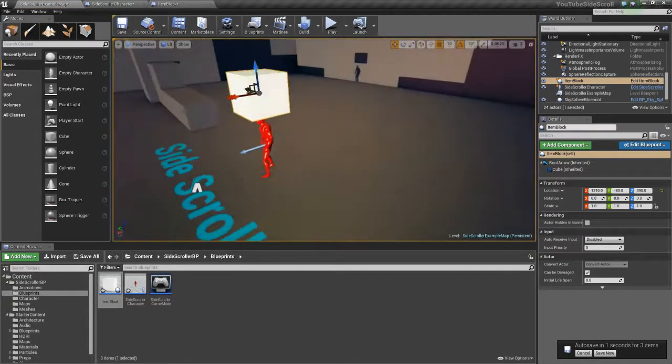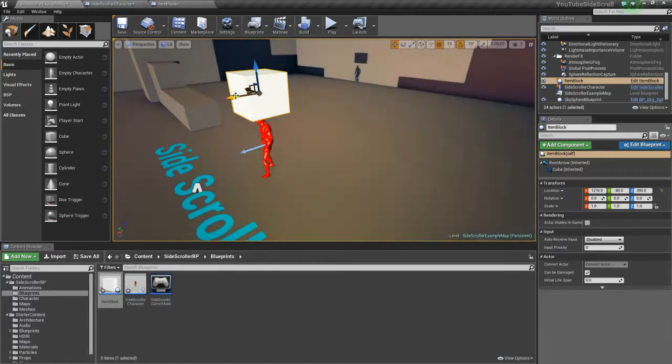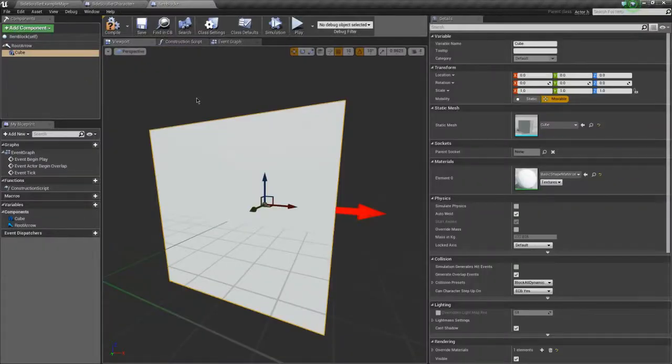Alright, so that's about right. Because remember, our character can only move in 2 dimensions, so it's a good idea to make sure he's in at least one of those dimensions. Okay, so